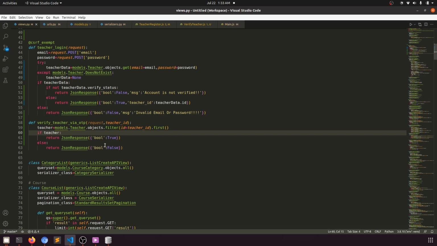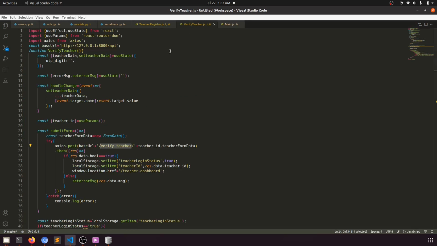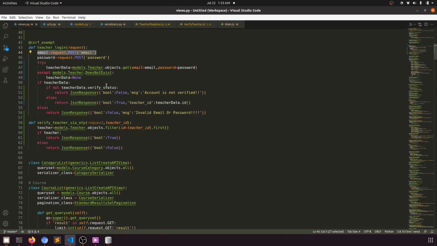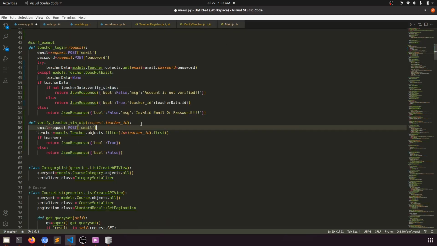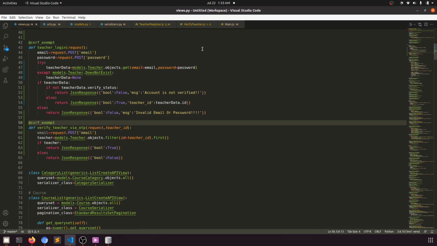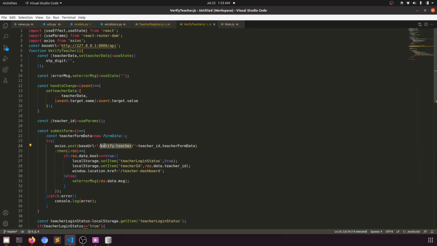No, if not, what we will do, we need to fetch OTP. What are we sending? Yes, we are sending the OTP digit. So in the view we'll copy this, paste it here, and because we are posting the data,